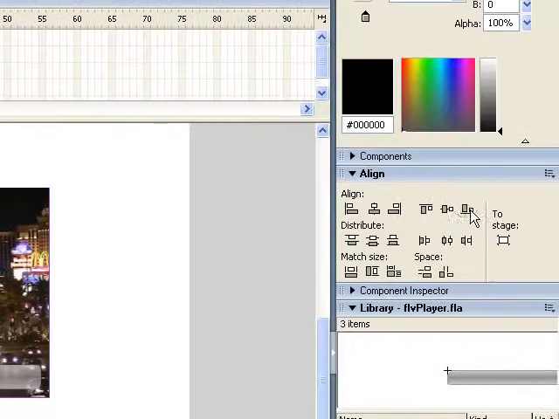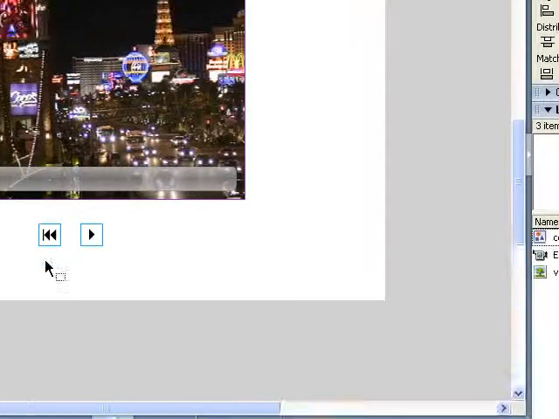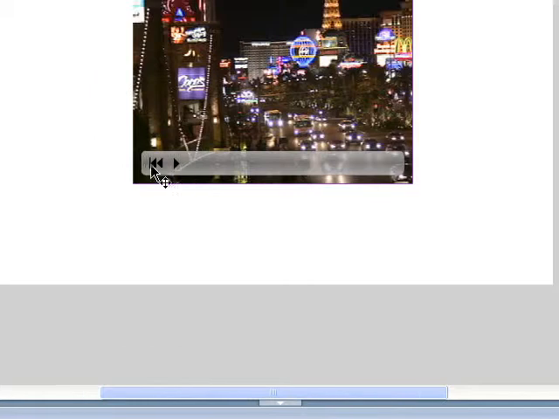So now I have these and I want to align them up, so I select them both, go to my align palette and align them to the bottom. Okay, let's drag these approximately into place and nudge them a little bit. Let's get that play button over. So real quick, I've got some VCR type buttons here that I can use. Okay, so next I'm going to nudge them up a little bit more,